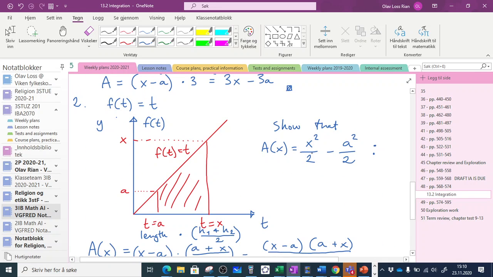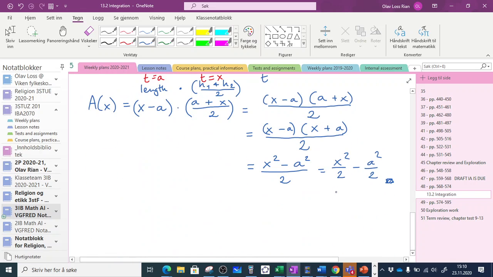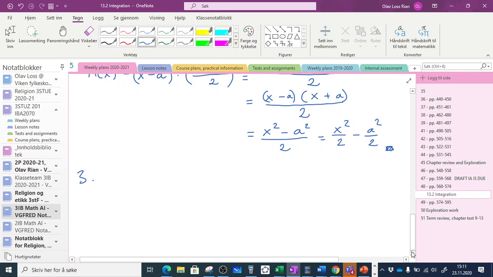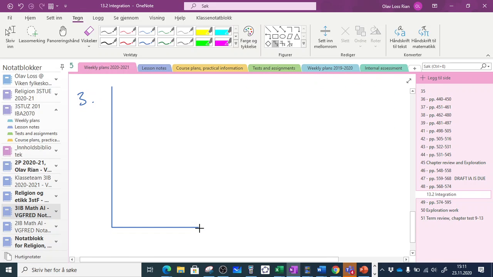So show that the area function is equal to this, and that's where we are at. Okay, moving on to step 3. Consider the area under the function, let's see, f of t. So again, we have a function looking like that,